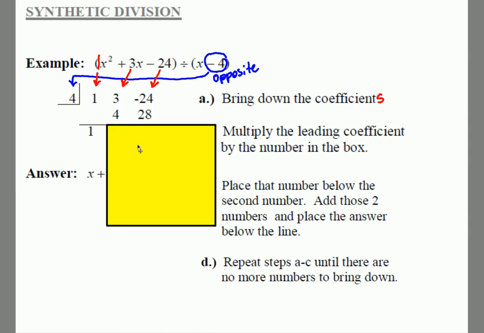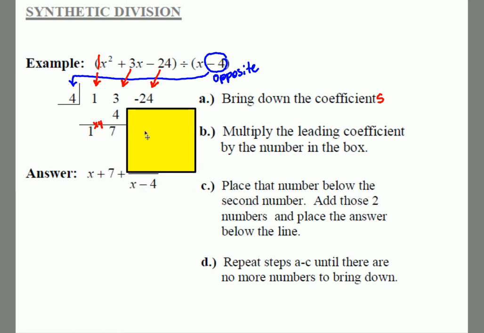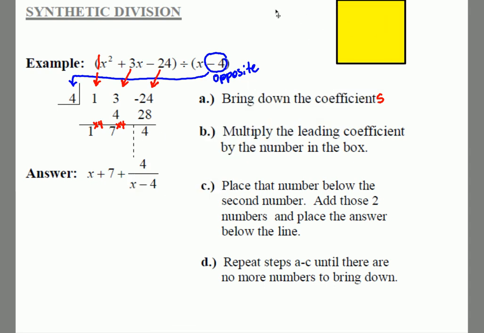In order to get this 4 that is right here, you're going to multiply whatever's below the line here by whatever's in the box. So you get 1 times 4 gives you 4. We're going to add your 3 and your 4 together to give you a 7. So this 7 needs to be multiplied by the 4 that is in the box. That's going to give you a 28. You add those together, you end up getting a 4, and this ends up being your remainder. So if 4 is our remainder,